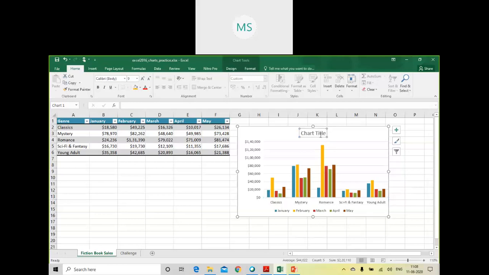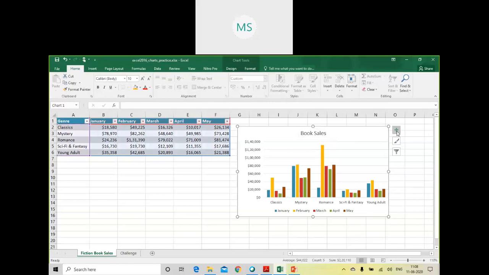If you want, here at the top you can see the chart title. It has been created by default. Basically, it is not a suitable title for your chart. So here in this particular text box, in place of chart title, you can place a suitable title, like we can say book sales. So it is a chart related to book sales. Just click anywhere outside that text box, and you can see the title of that chart has been changed.